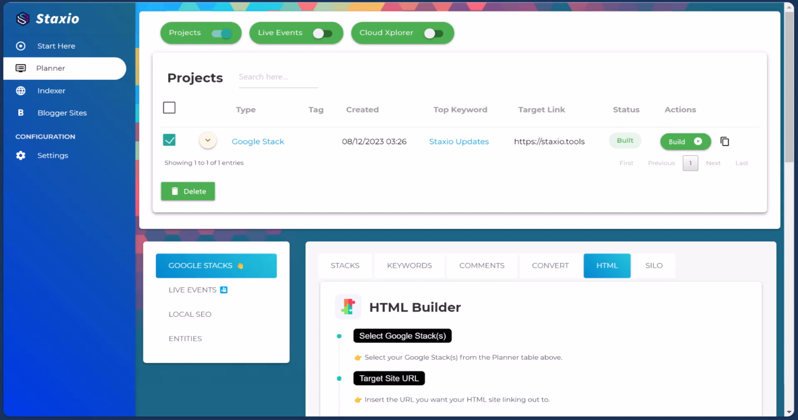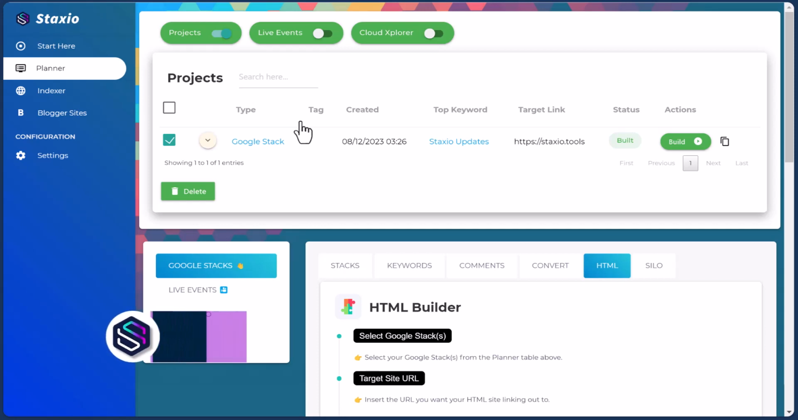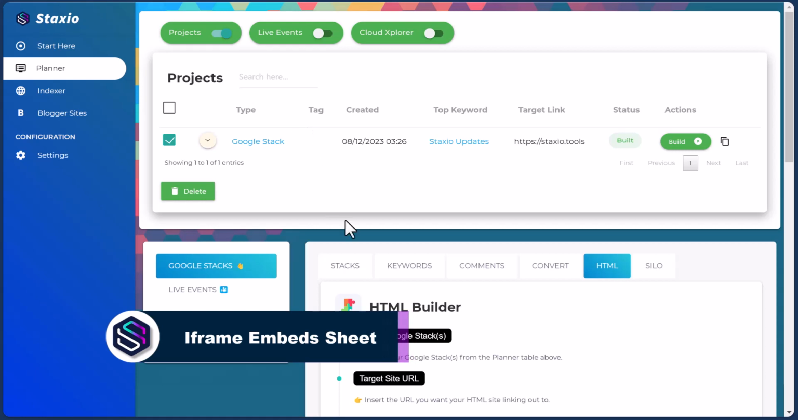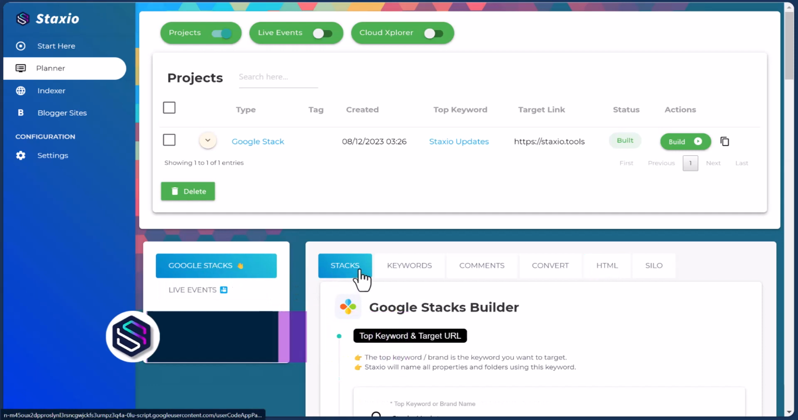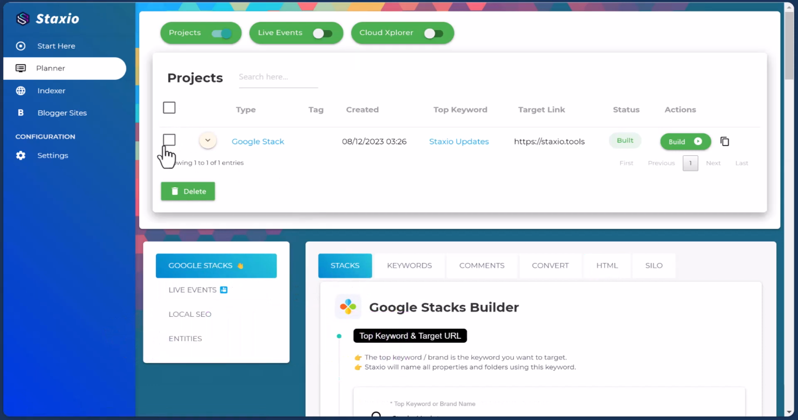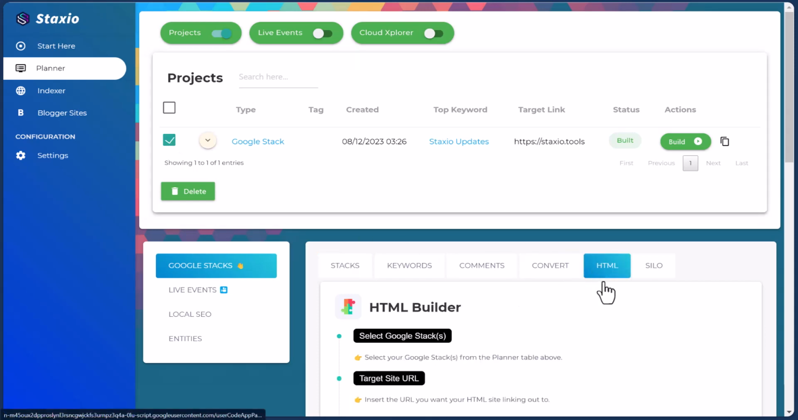All right, let me walk you through the latest Staxio updates. First of which is I'm going to show you what the new iframe embeds tab is going to look like when we do a build. So I have a project that I have created using the Google Stacks builder here. It's already on my projects table, and I'm going to use the HTML builder, which is going to create the